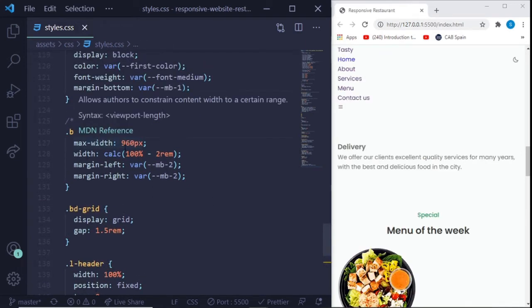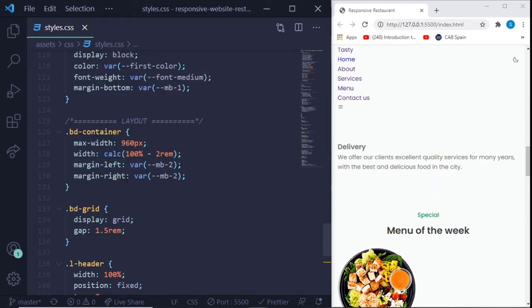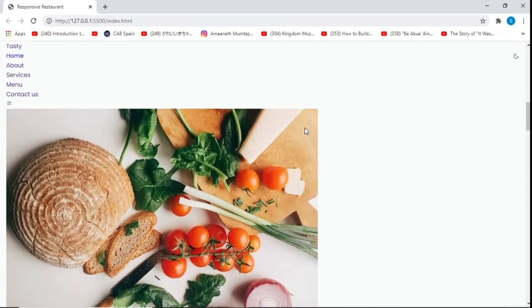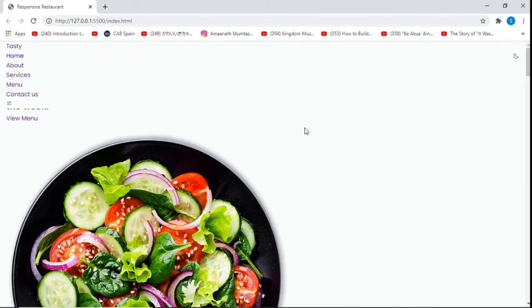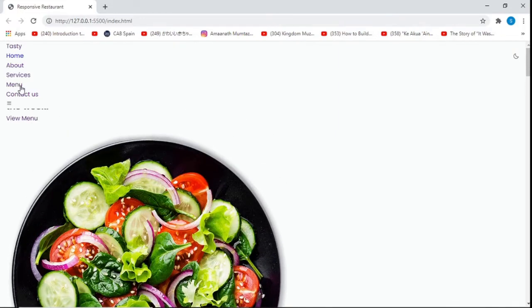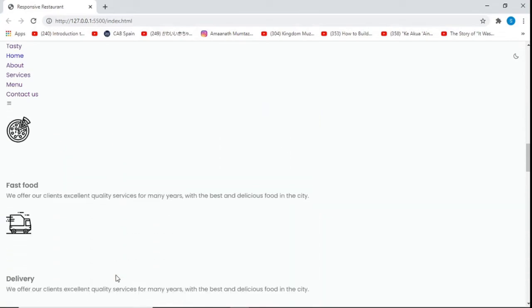Now for the layer, for the background container, BD container, we give it a maximum width of 960, give it a width of calc 100% minus 2 rem, and then a margin left and a margin right. And let me just enlarge this so you can see how it's looking. You can see everything is looking quite nice. We're not there yet, but you can see it's looking all right. And then this is fixed right now. That's why whenever we scroll, it's still there. And yeah,